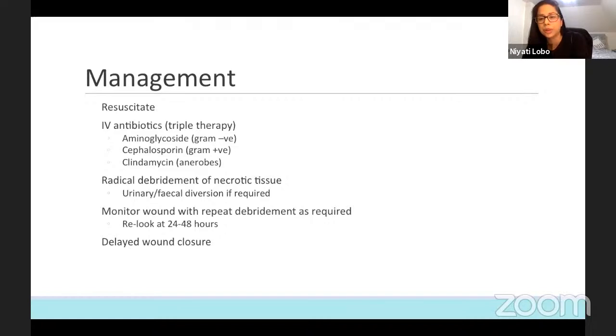Sometimes you need to involve the general surgeons who will do a defunctioning colostomy. Sometimes we put in suprapubic catheters as well. But the principles are your sepsis 6 management and then surgical debridement. And then we take the patients back to theatre on average about 2 more times after our initial debridement to